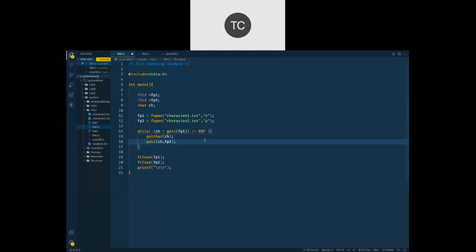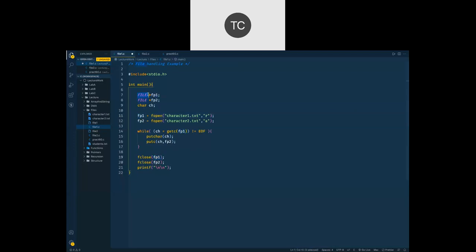So those were the different modes we have seen, and then we have seen a number of functions to read and write file data. We started with getc, putc, getw, putw, and then we have seen fscanf and fprintf. And to close your file, you have the fclose function where you just pass your file pointer. Now remember, this is going to be a file pointer.